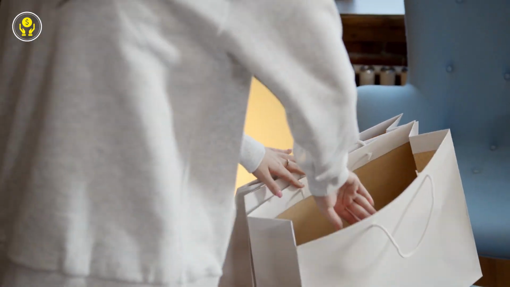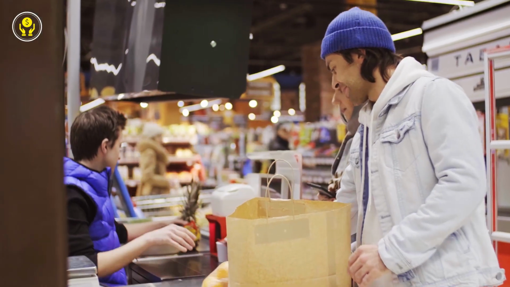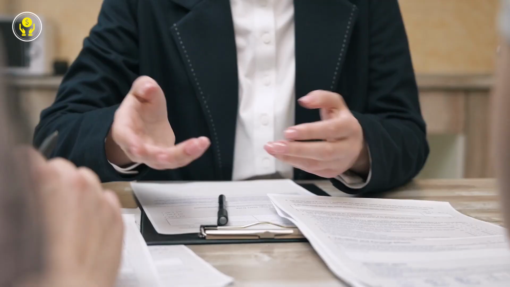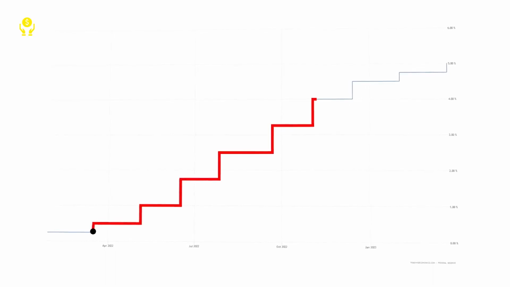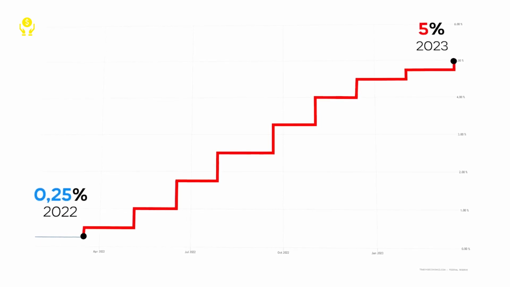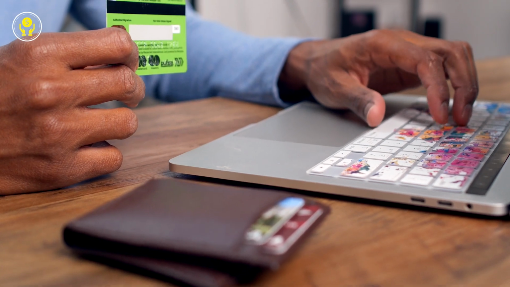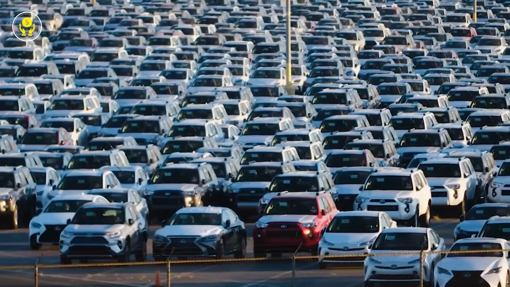Consequently, you would have $100 less per year to spend because you have to pay more in interest. With less money available, you would have no choice but to reduce your expenses, which means consuming fewer products. The higher the interest rates increase, the fewer products you would consume. If we were talking about a loan taken out at the beginning of last year, your interest would have increased by almost 5%, as the Treasury bond rate increased from 0.25% to 5%. If we apply this analysis to all loans taken in the United States, such as loans for buying houses, cars, credit cards, and travel, among others, we're talking about millions of Americans who will buy less of all these things.